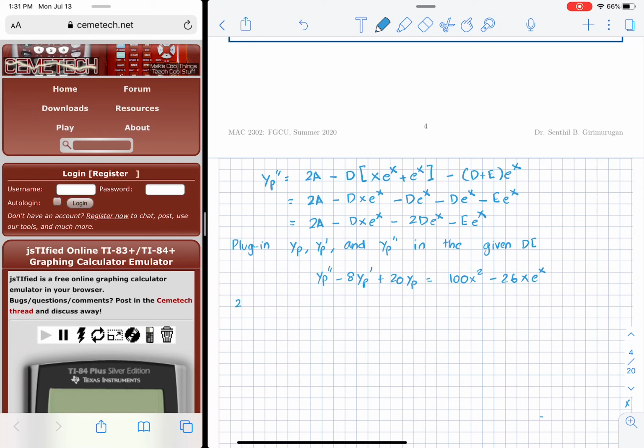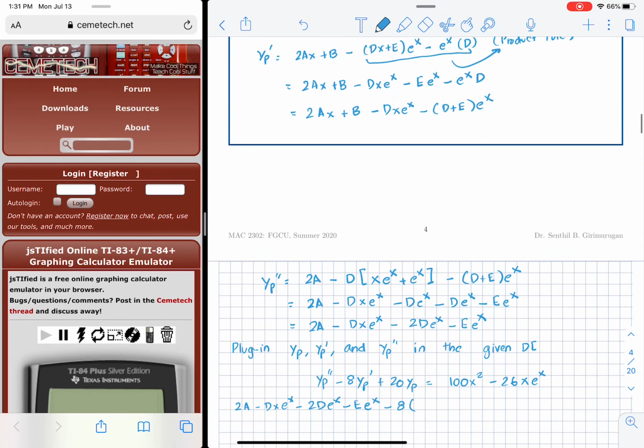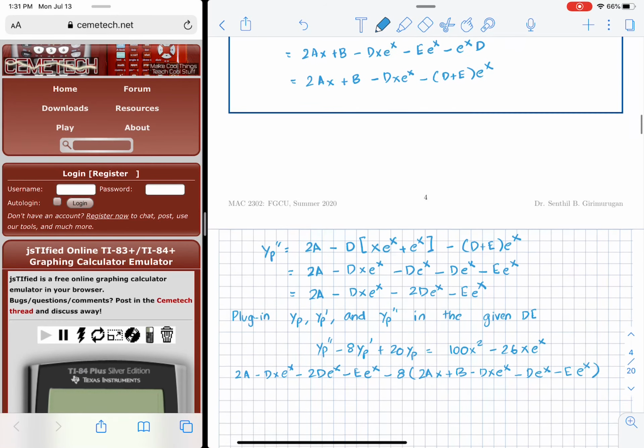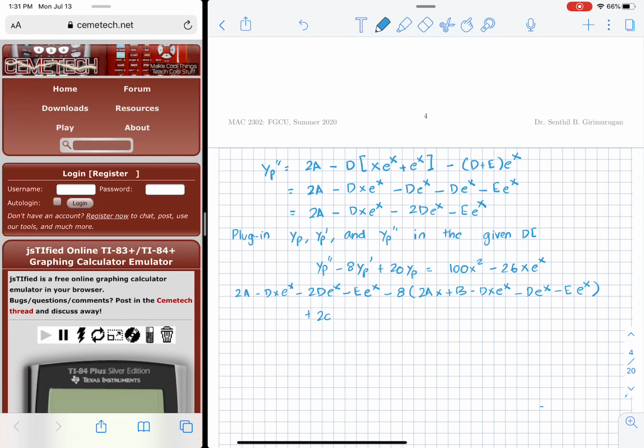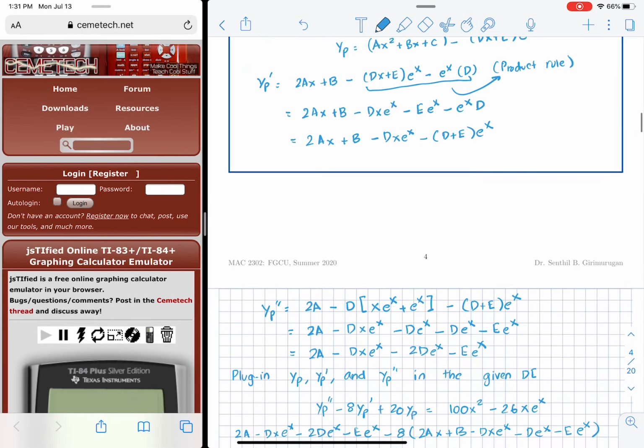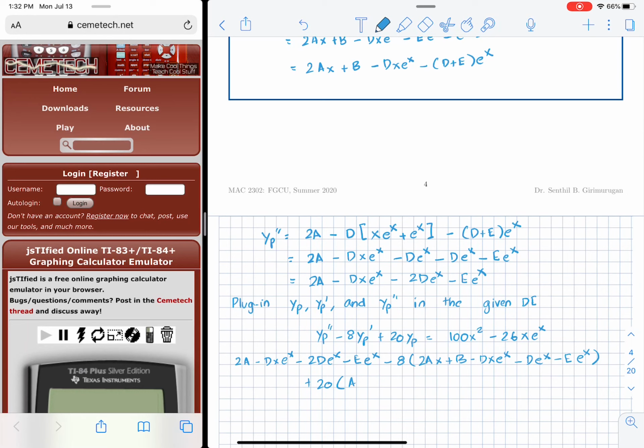So 2a minus dx e raised x minus 2d e raised x minus e raised x minus 8 times the first derivative, 2ax plus b minus dx e raised x minus d e raised x minus e raised x, plus 20 times yp. Yp is simply ax squared plus bx plus c